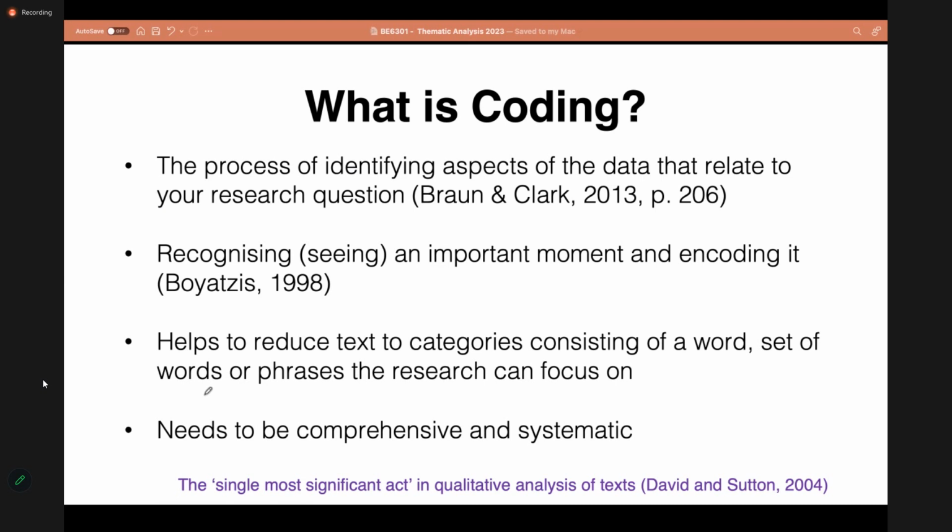And this will help us to actually reduce our text into a set of codes that will consist of a word or a set of words, phrases that we can easily focus on. So rather than 10 pages of an interview transcript, we might end up with a list of codes we can easily focus on.